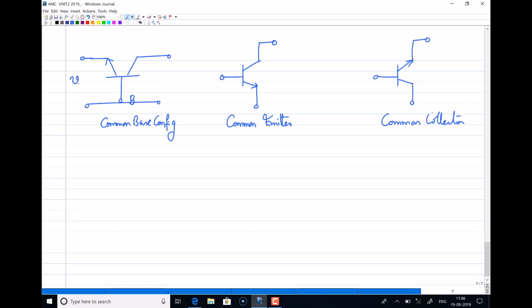Now if base is common, input will be applied here and output will be taken from here. If it is common emitter, input will be applied between base and emitter, output will be taken between collector and emitter. Now if it is common collector,